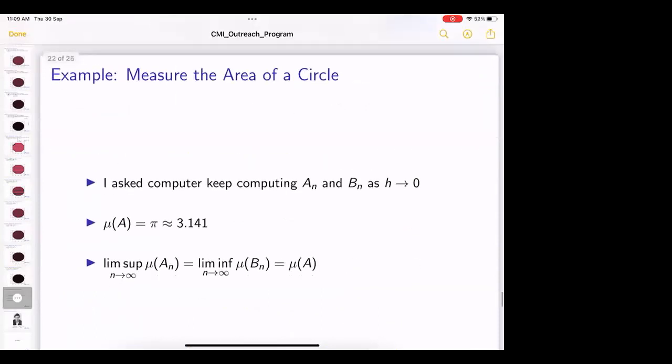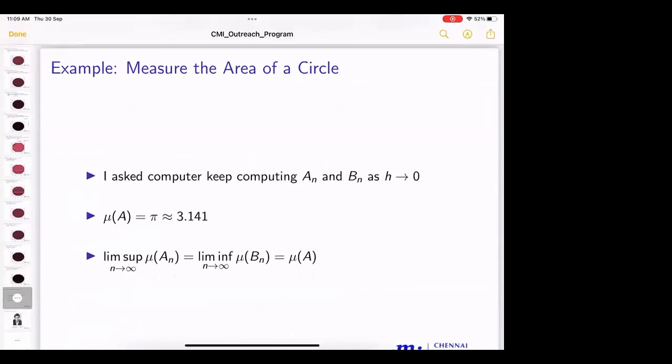And if you keep computing this An and Bn as h tends to 0, eventually it will come out something like that. And what kind of limit are we actually computing? The limit that we are computing for the one which is going from small to big,